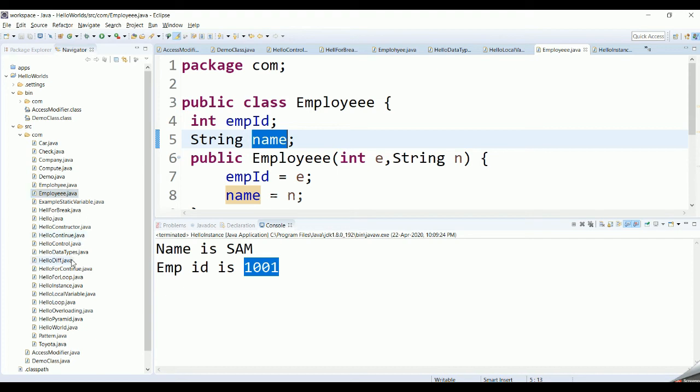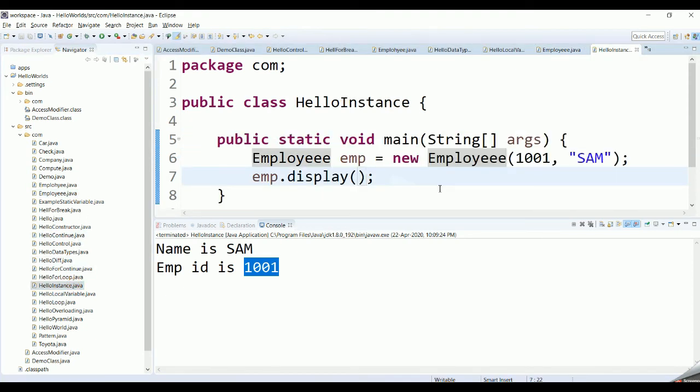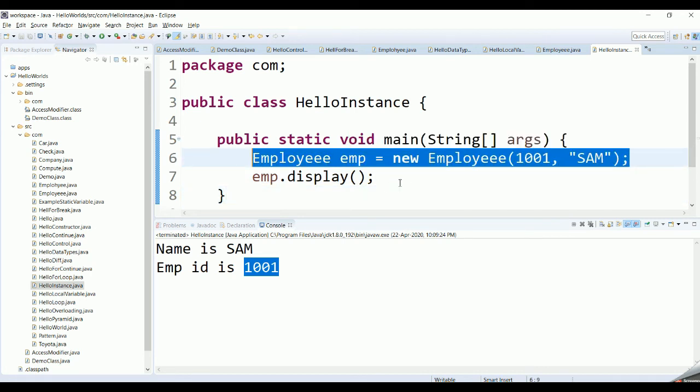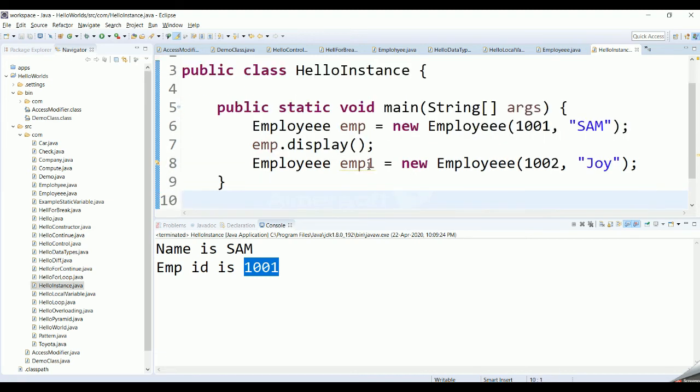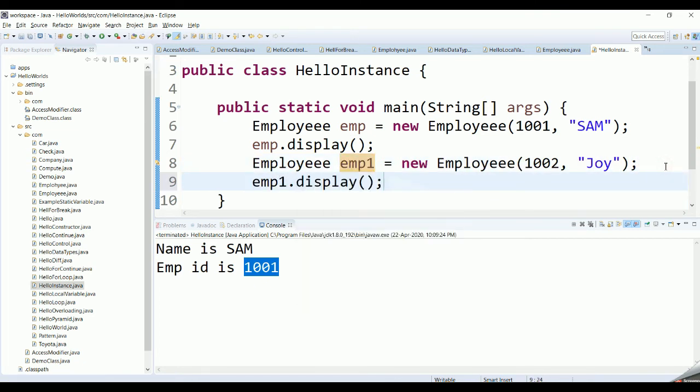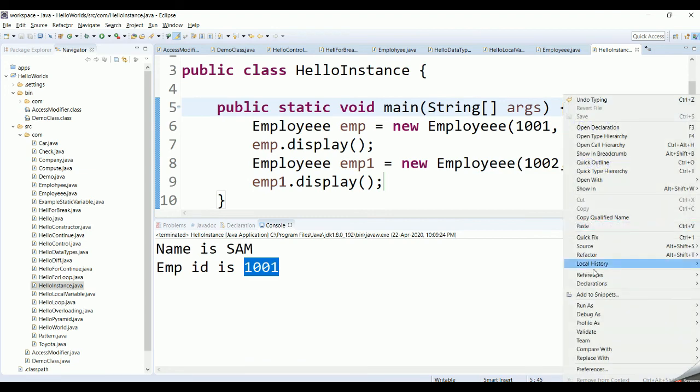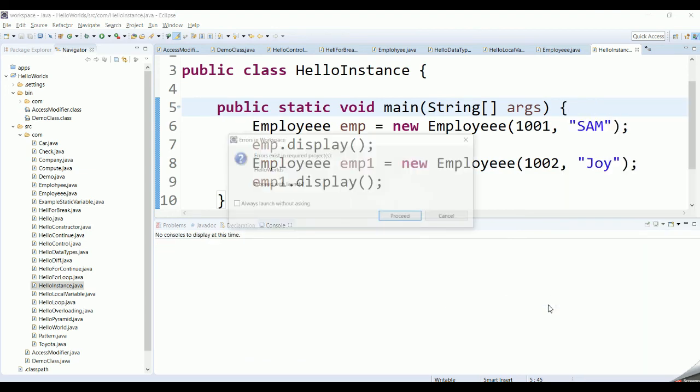To explain further, let's create a new object for the same class. Let the name of the object be emp1. Now let us pass in a different employee ID, 1002, and let the name of the employee be Joy, and call the same display method using this object. Now let us see the output. Run as Java application.